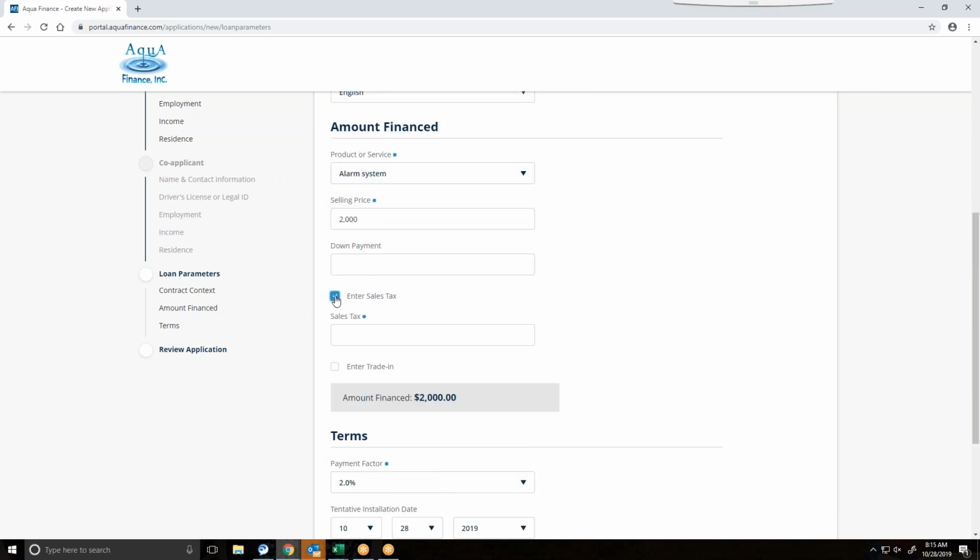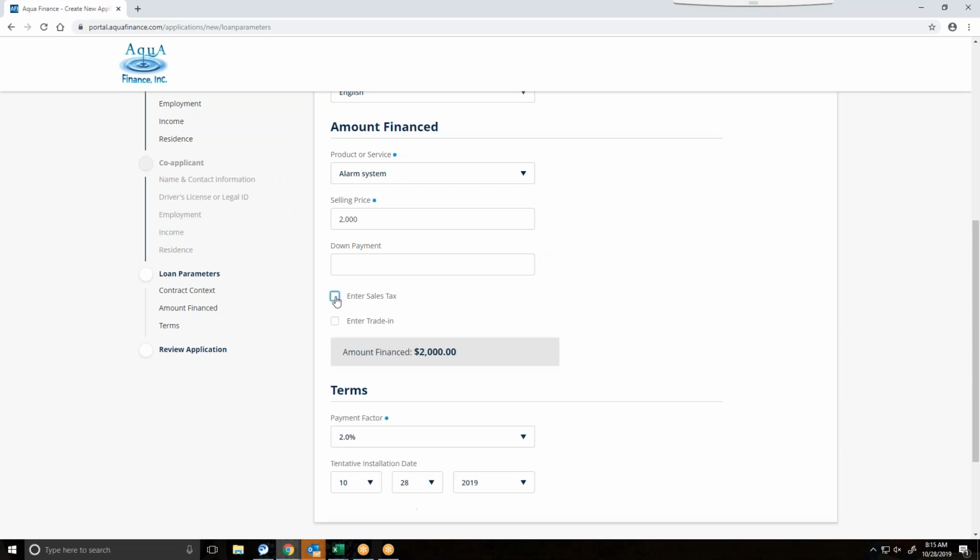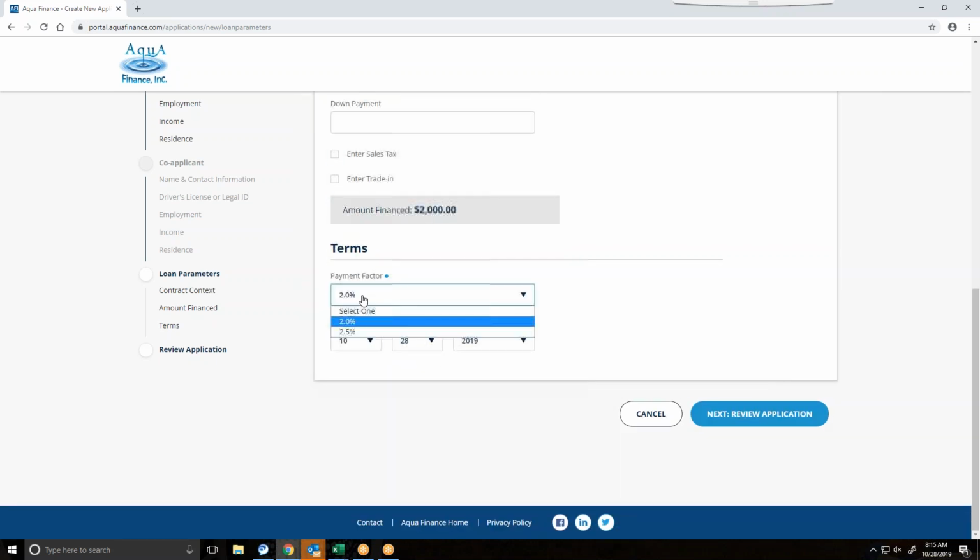If you want to enter the sales tax, you can definitely do so if you like. Here, you would always keep it at 2%. This part really doesn't matter because once you have your approval, when you create the forms, you're going to indicate what promotion you plan on doing. And this is going to be your estimated install date. So I'm going to say November